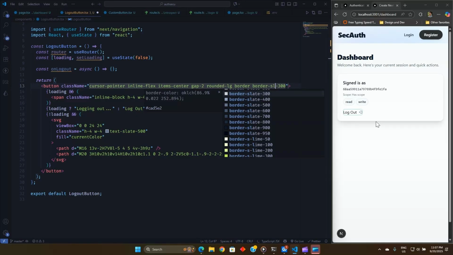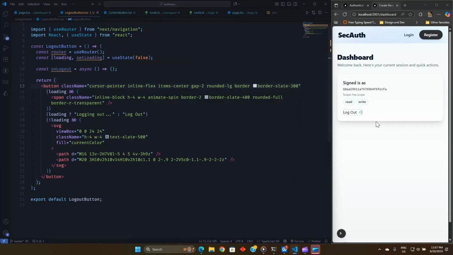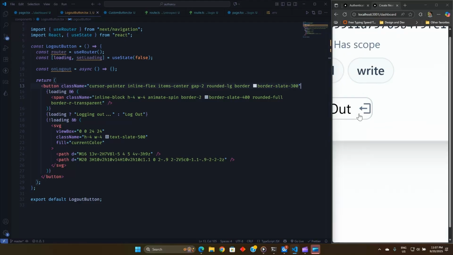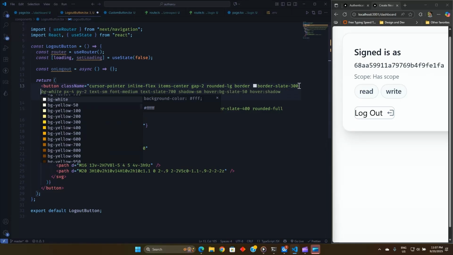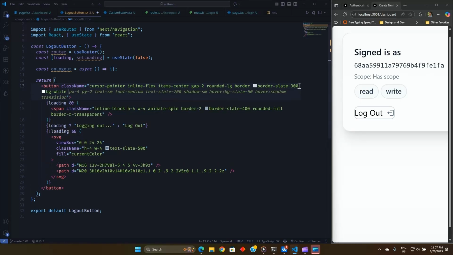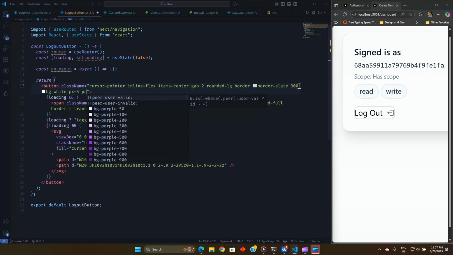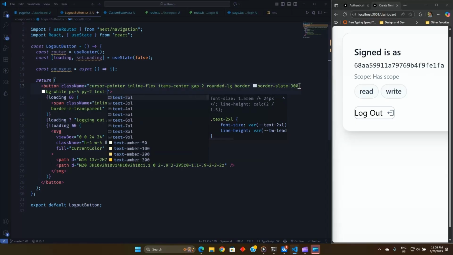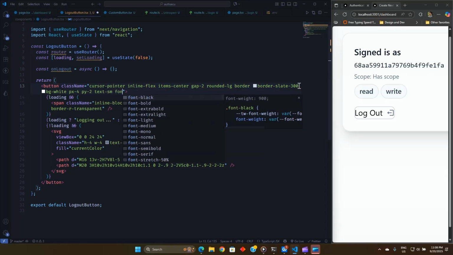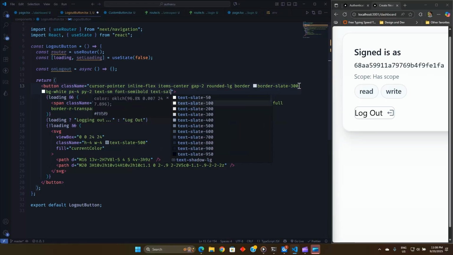So it's slate 300 and save. Let me wrap this again, and now you can see there is a border around this text and logo. After this let's add some background color, which is white, and padding, like x-axis is 4 and y-axis is 2, and size is small, and font is semi bold. And let's also add some text color, which is slate 800,